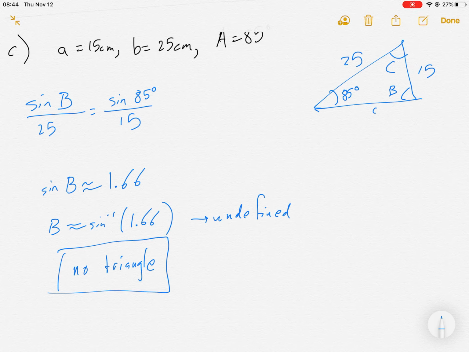All right, so that covers the law of sines. I know this was a pretty extensive couple of videos, but I did want to give you a couple of different examples of that ambiguous case. In the next videos, we'll cover law of